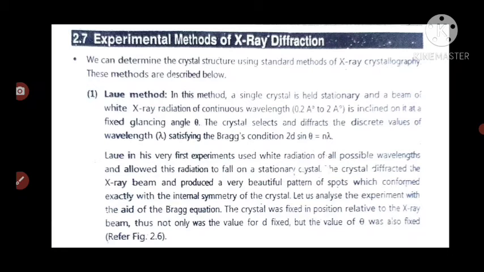One of the filaments, which is positive, emits the radiation. The current is on a low scale, here 1 milliampere to 2 milliampere, and the accelerator is given a potential of about 30,000 volt to 35,000 volt. That is the working of the accelerator, and whatever beam radiation is emitted from this filament